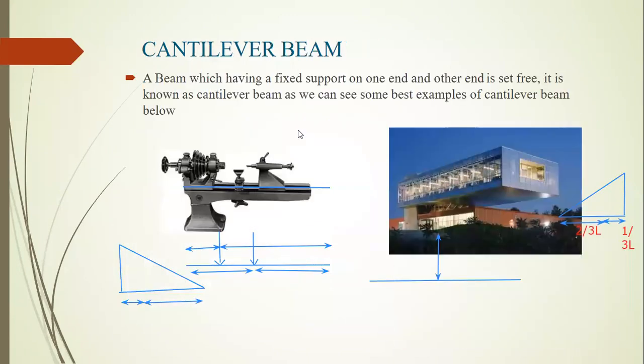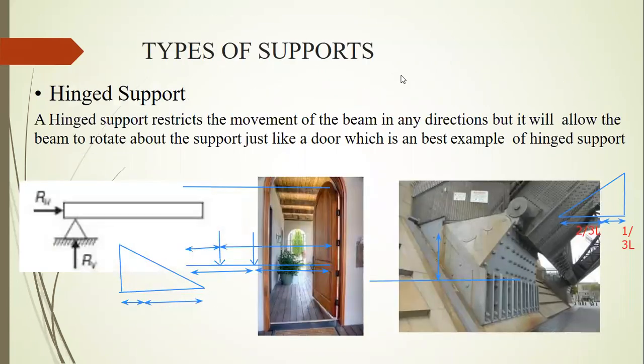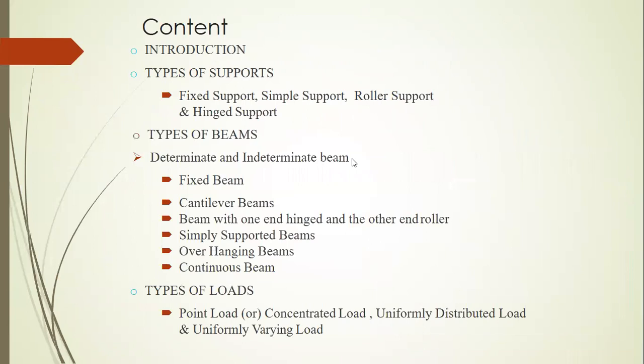Okay, so let us summarize what we have discussed in general. We have discussed the different types of support: fixed support, simple support, roller support, and hinged support. For the fixed support, there will be three reactions: horizontal, vertical, and a moment. For a simple support, there will be only a vertical reaction. For the roller support, there will be a reaction that is always perpendicular to the surface. There will be only one reaction for roller support. For hinged support, there will be two reactions, one horizontal and another vertical.